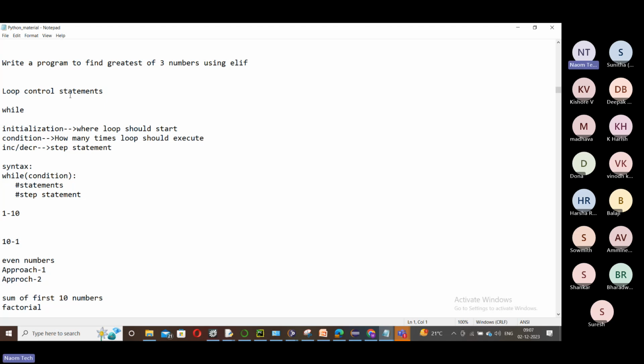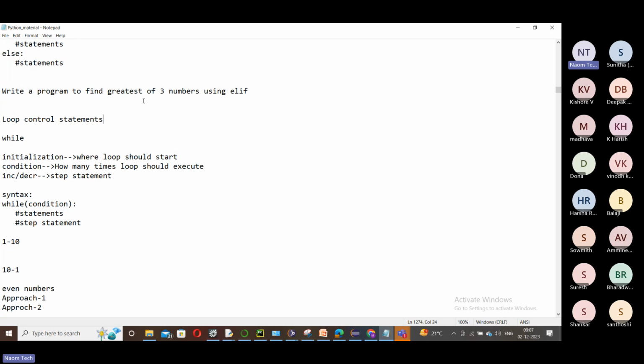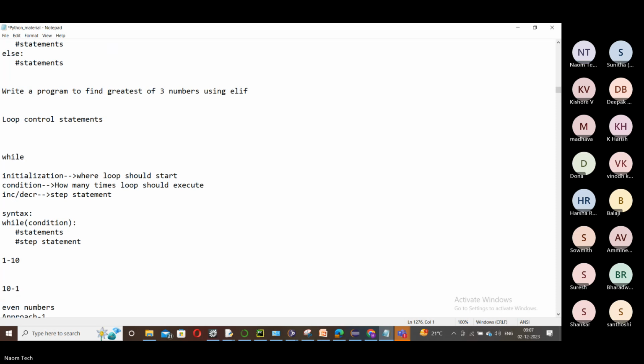What is a loop control statement? Generally, these perform a repetitive task. You have some condition, and the loop keeps on executing continuously until the condition is false. That's what we call a loop. In Python, we have two types of loops.